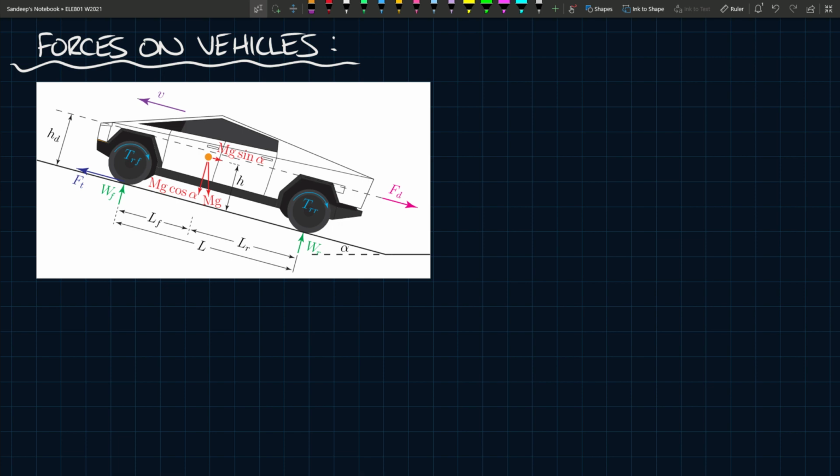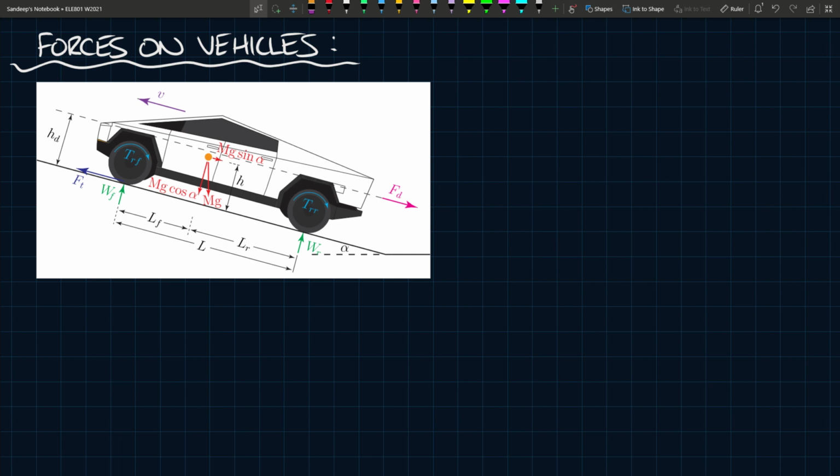Alright, so in this video we're going to take a look at the different forces that act on vehicles, and this will be, I guess, the first main topic when discussing vehicle dynamics. Now I should mention that this is by no means a comprehensive overview of all the forces. This is basically going through the most important ones, understanding what they are, how we can model them in a way that gives us some reasonable understanding of their behavior, and then moving on from there, because we're approaching this